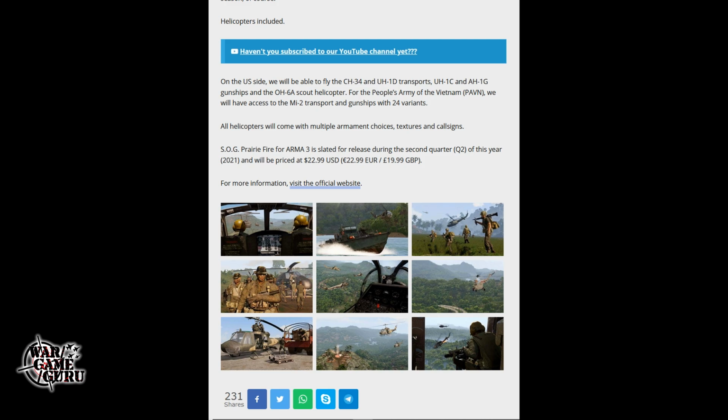And then it goes on to say, on the U.S. side, we'll be able to fly the CH-34 and UH-1D transports, UH-1C and AH-1G gunships, and the OH-6A Scout helicopter. For the People's Army of Vietnam, we will have access to the Mi-2 transport and gunships with 24 variants. All helicopters will come with multiple armament choices, textures, and call signs. The SOG Prairie Fire